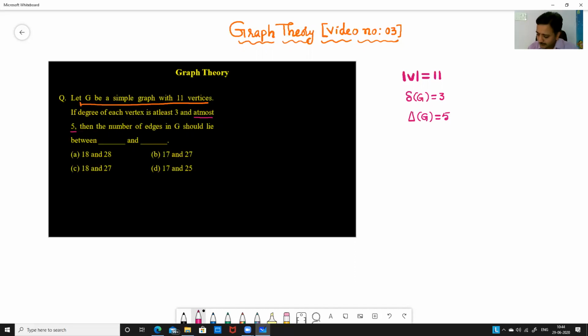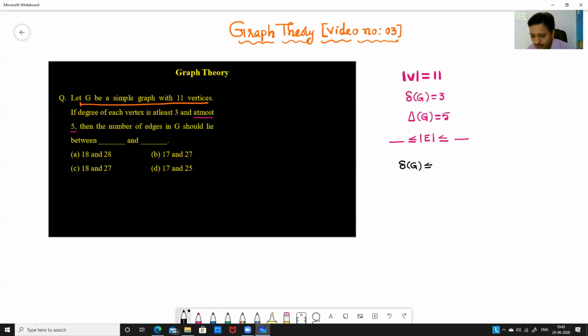So they're asking for the range for the number of edges. So we want to fill up these two blanks. That is the actual meaning of this question. Now please recall there is a relation between minimum degree and number of edges, and there is a relation between maximum degree and number of edges. What is that relation? That relation is small delta of G